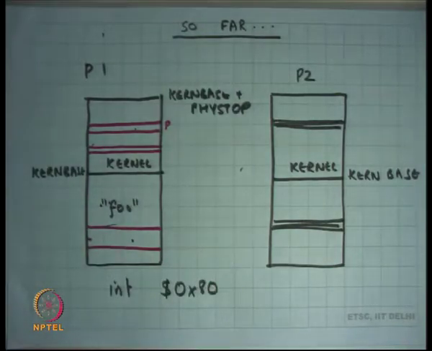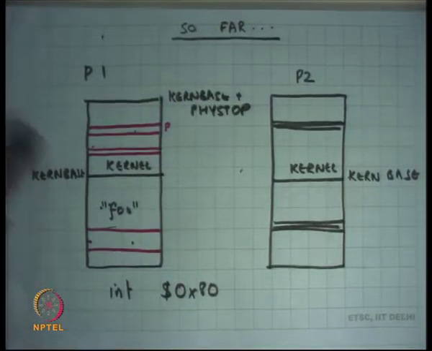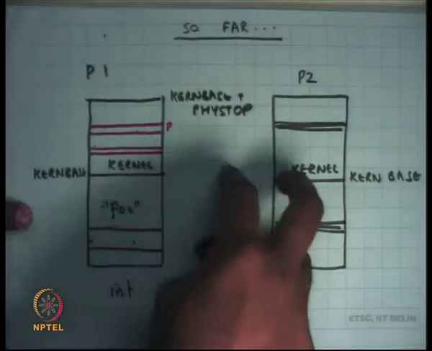So this is important to understand. When the user makes a system call, it is possible for the user to give pointers to the kernel to specify its arguments, and the reason the pointers work is because the kernel will execute the system call in the same address space as that of the program. If the address spaces were different, then pointers couldn't have been passed, okay. So this is a huge optimization. This is a big advantage of doing things in this way as opposed to using segmentation, for example, because segmentation will change the address space for the kernel, or using a separate page table for the kernel.